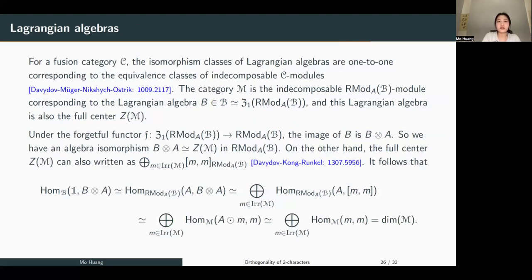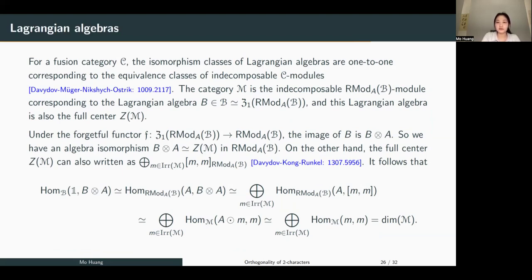For a fusion category C, the isomorphism classes of Lagrangian algebras are in one-to-one correspondence with the equivalence classes of indecomposable C-modules. The category M is the indecomposable module corresponding to the Lagrangian algebra B. This Lagrangian algebra is also the full center of M. Under the forgetful functor from the Drinfeld center of this module category to itself, the image of B is B tensor A. So we have an algebra isomorphism that B tensor A is isomorphic to the full center of M